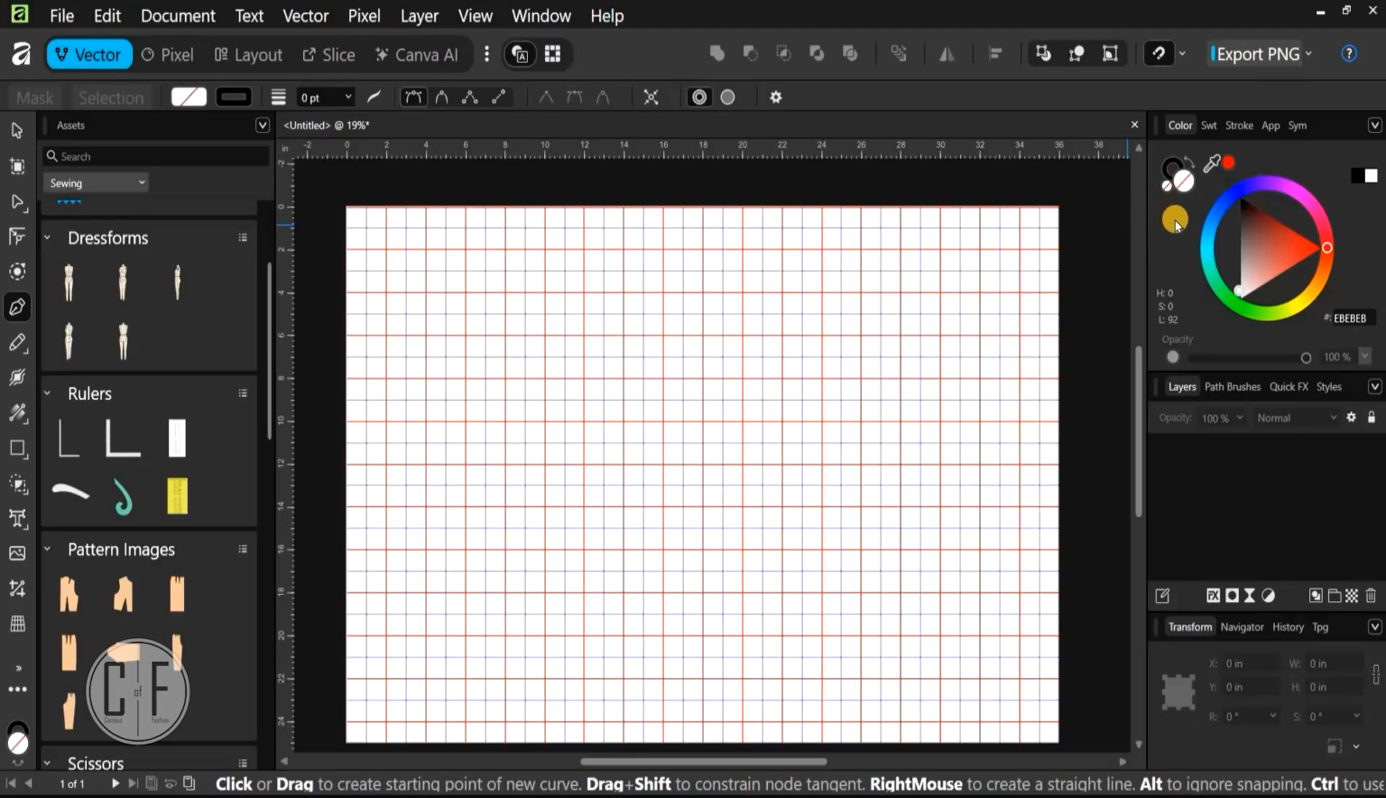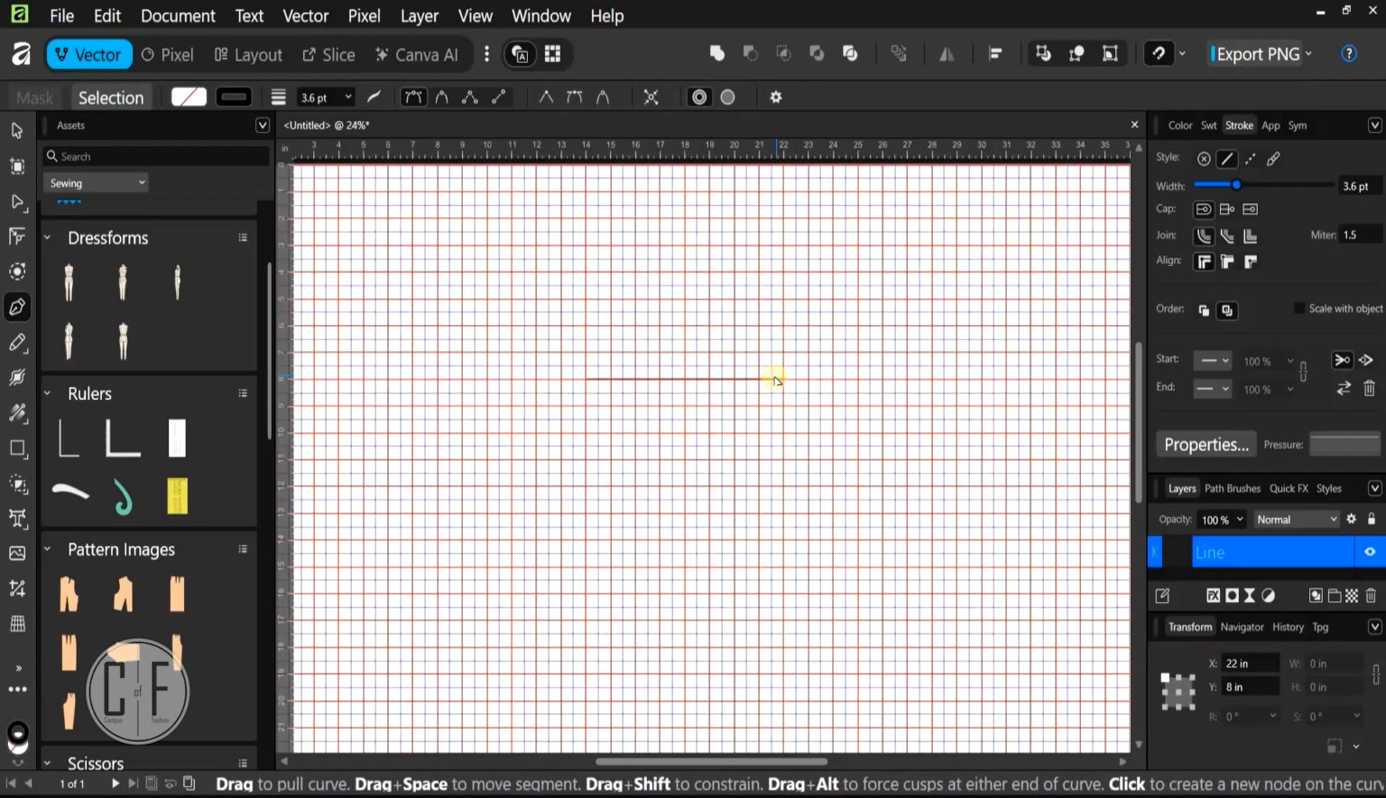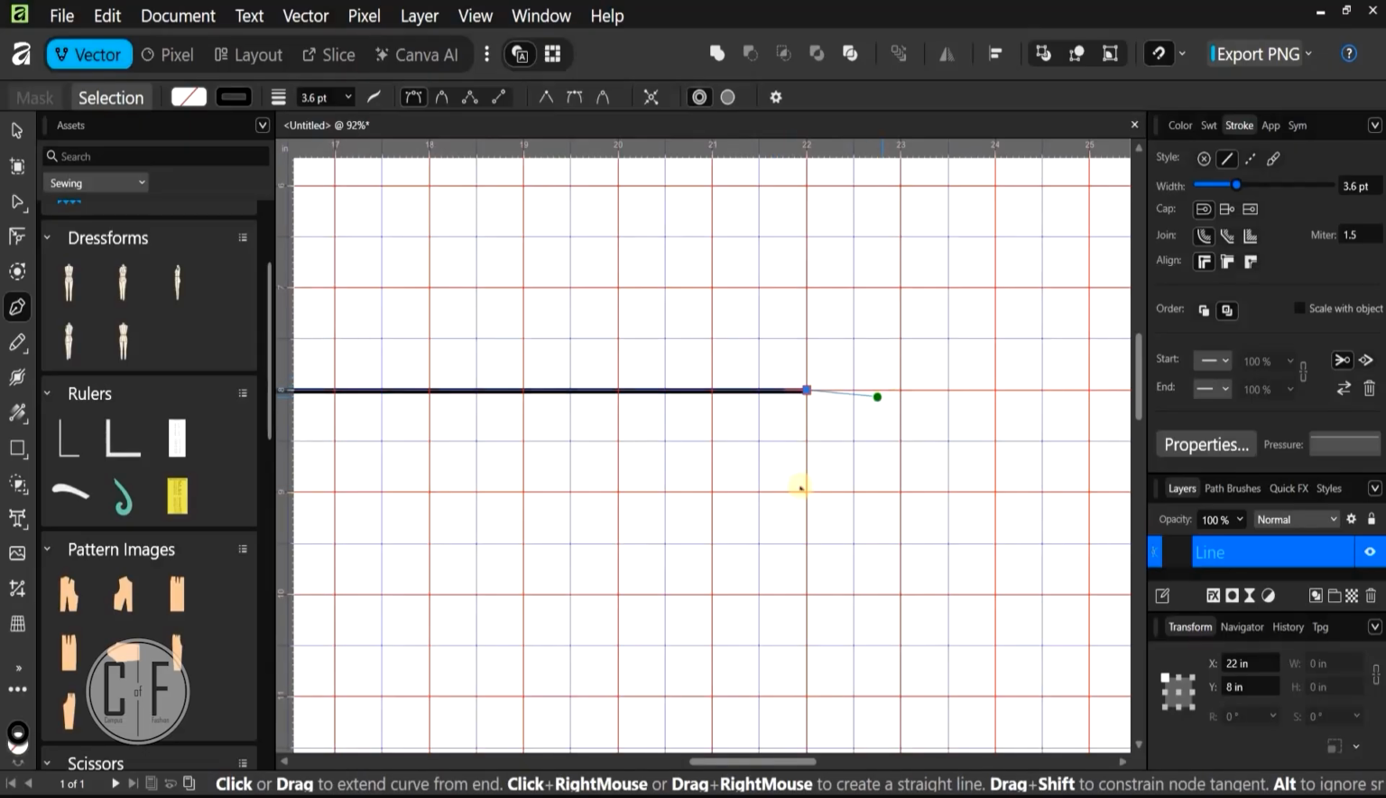I'm going to just do that, and then I want you to select the stroke that's behind, so it is now on top. And then we're going to come to stroke, and we're going to raise it up to about 3 point anything, just 3.6, that's fine. And this gives us a very thick line that you can see while you're creating